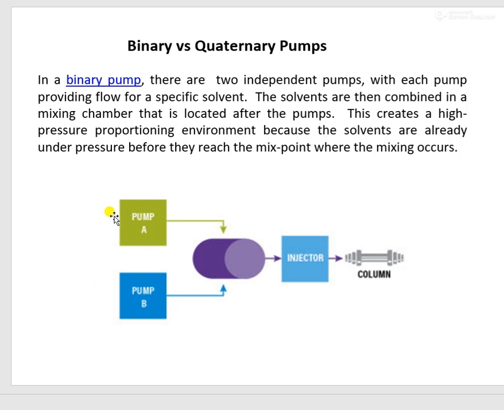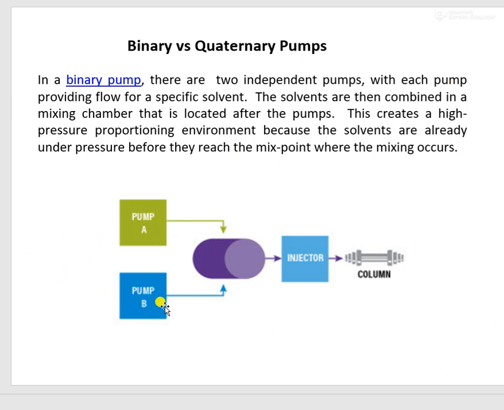For example, here with pump A there is one reservoir, and with pump B there is another reservoir. Suppose with pump A I have joined a reservoir containing methanol, and with pump B a reservoir containing water. So there are two independent pumps, each providing flow of a specific solvent: here methanol, and here water.